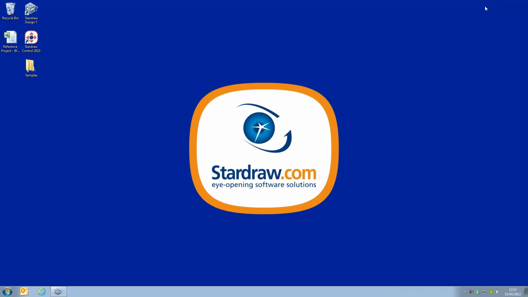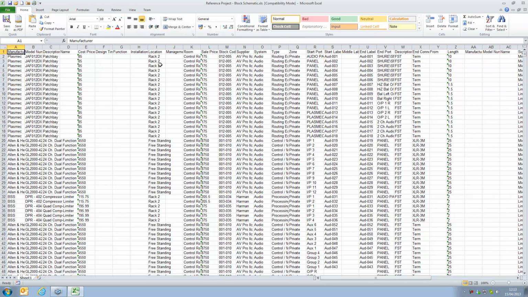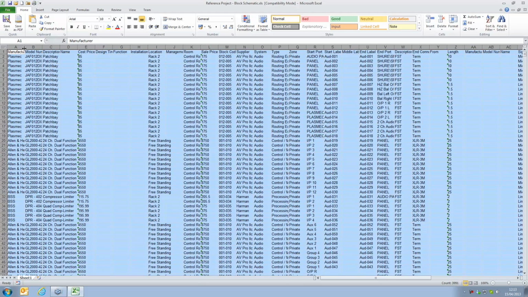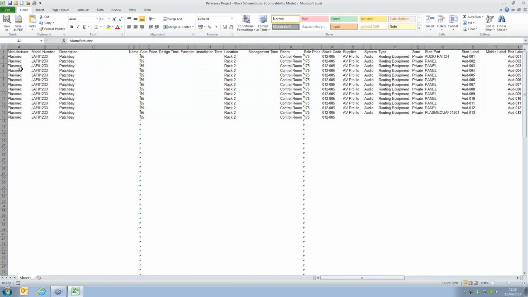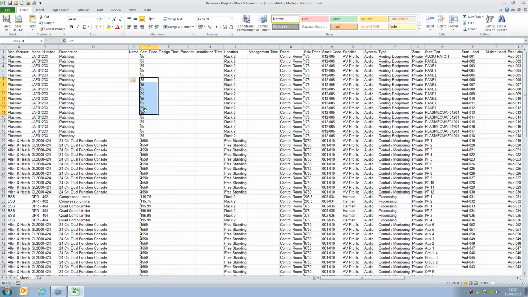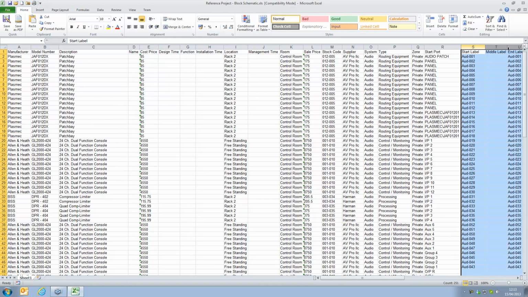Now, there is the file that we've just created. Double click on it to open up Excel, and you can see the information that is now shown that's been generated from that drawing. Let's just go through some of those columns. So you can see within a cable schedule we have information about the product that each cable is going from. We then see the start port, and this information is generated automatically. So this cable, for example, is going from input 1. We then have the cable label information,